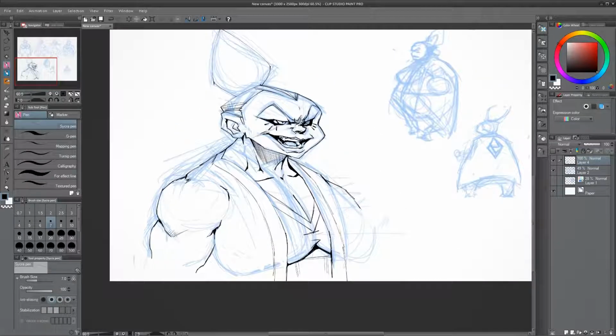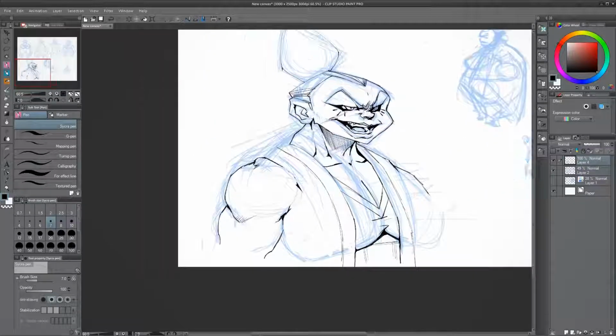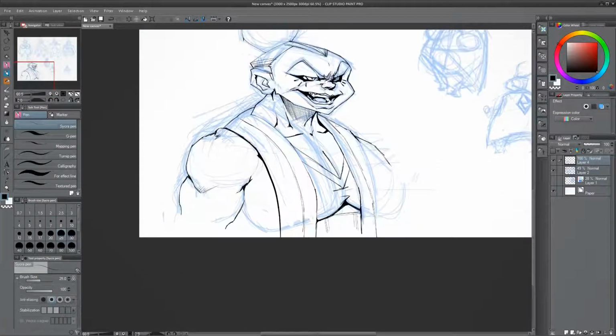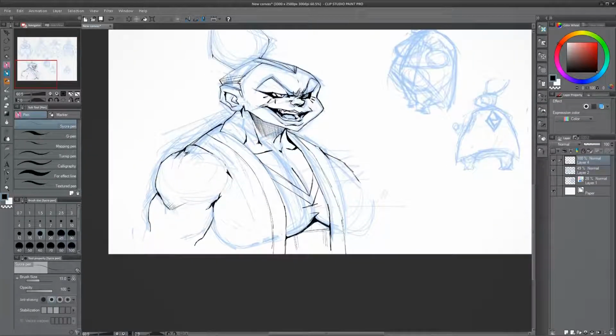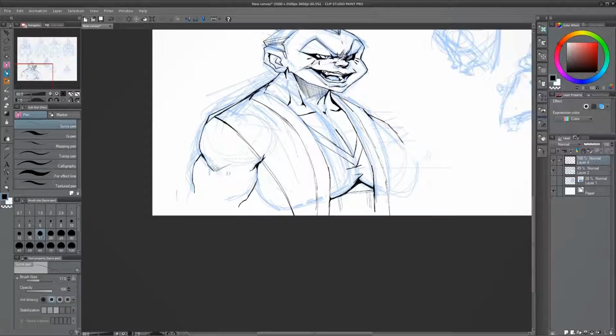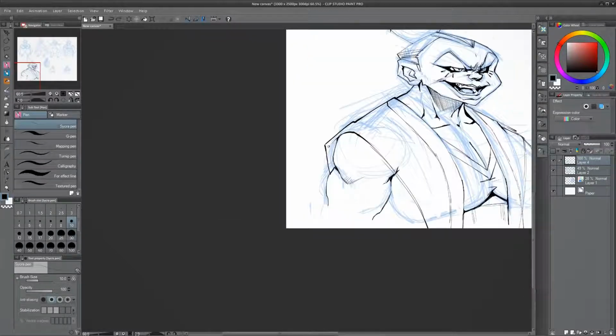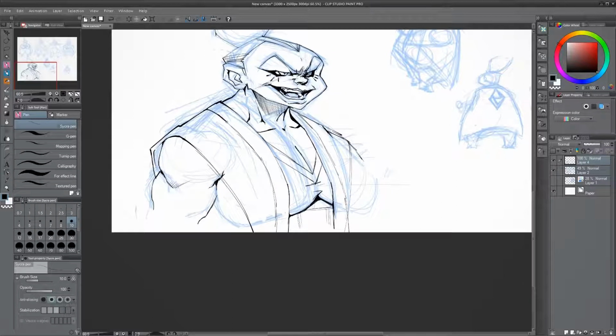So I wanted it to look sharp, so this pen has kind of a sharp look to it, but I still don't have full control over it, as you can see. And yeah, this is a bit of an experiment in terms of what kind of inking style I would use. And I'm going for something clean, but with a focus on the occlusion shadows.